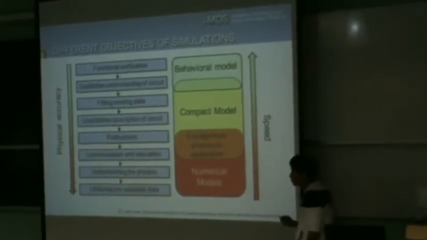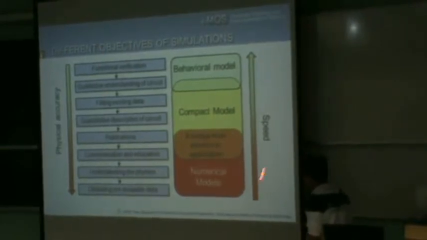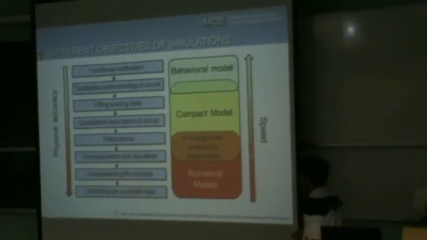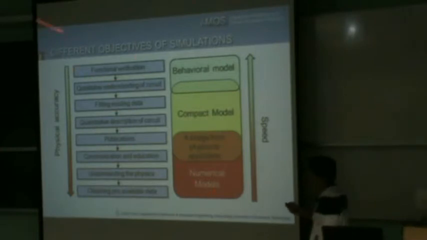And then to achieve all these tasks, we require different tools. At the bottom, people normally use numerical models, including atomic level simulation, etc. And above, what we care about is speed. So going down, you want to have physical accuracy. Going up, you want to have speed. If you want to do numerical simulation all the way to functional verification, it takes a long time. Sometimes one simulation can take years. That's not reasonable, so we simplify the process.